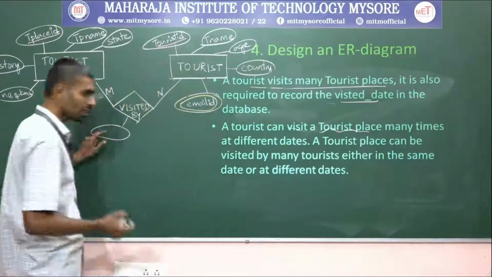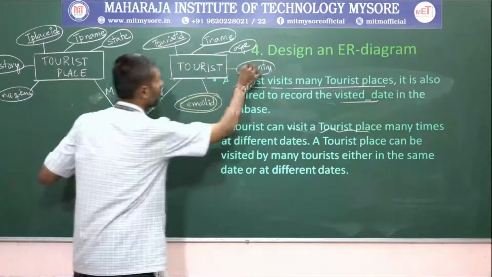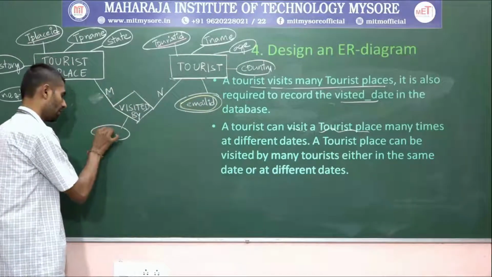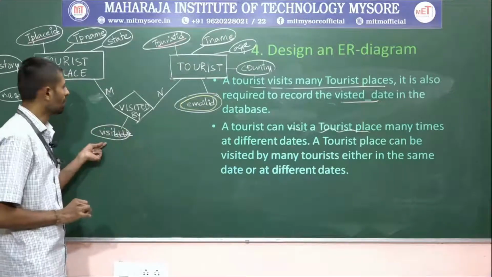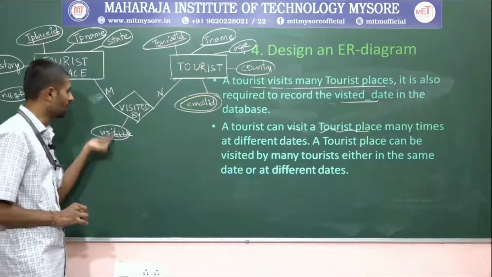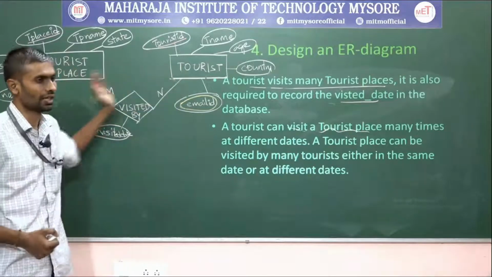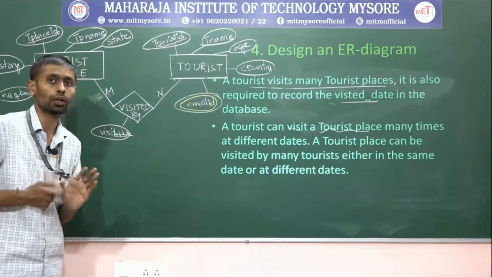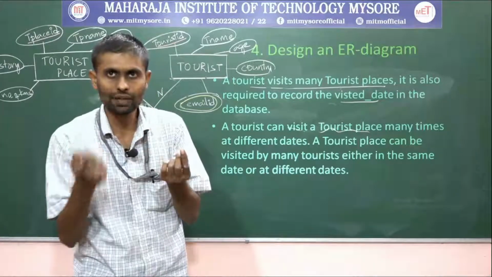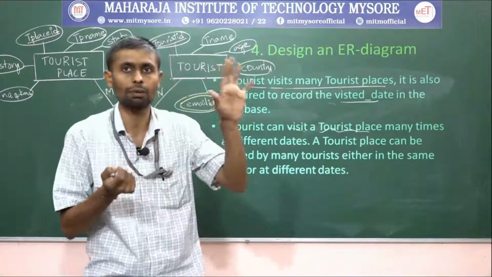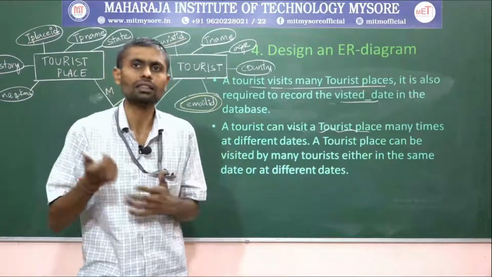So especially when we go with ER to relational model mapping, during that time, now let me record the visited day attribute as a part of this relationship type, because once it creates a new relation by taking the key attributes from both relations, like tourist ID and tourist place ID, both I want to repeat many times, because I want to show a tourist might visit many places, and as well as a place might be visited by many tourists. And with respect to each entry I want to record the visited date, right?